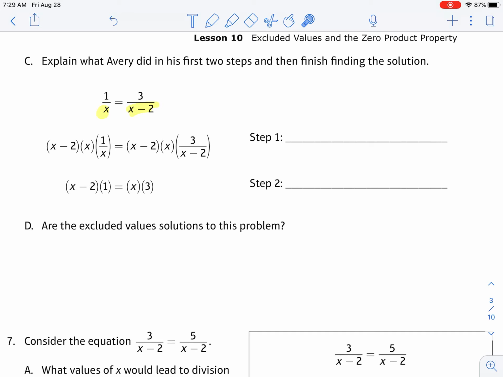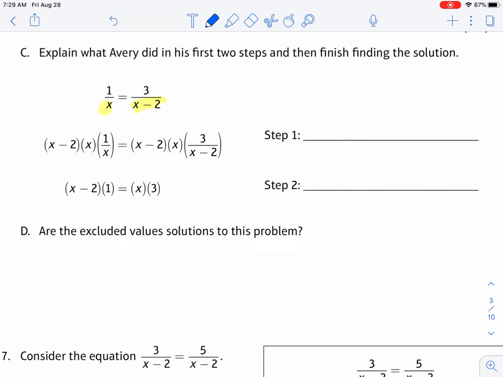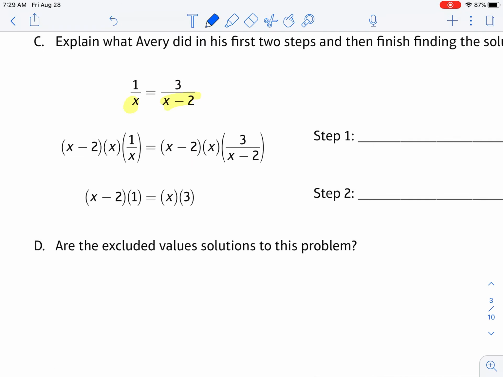Okay, so what's happening here is simple. Essentially what we're doing is we're going to multiply to clear the fraction of x minus 2, but whatever we do to one side, we have to do to the other. So here's the thing, the x on this side, so we need to, when you multiply, find a common denominator,